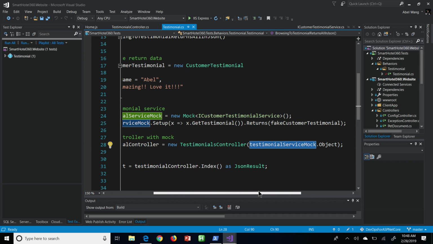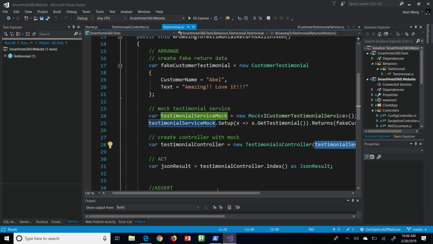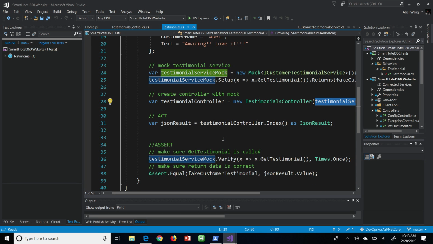Okay. So now, that's that dependency injection. And look at that, there's even comments that say arrange, act. And I bet there's going to be an assert. Look at that, there's an assert. So the arrange is setting up the test. Yep, the act is executing the test. Yep, and the assert is checking for the desired result. So in this case here, my act is I'm going to call my index,